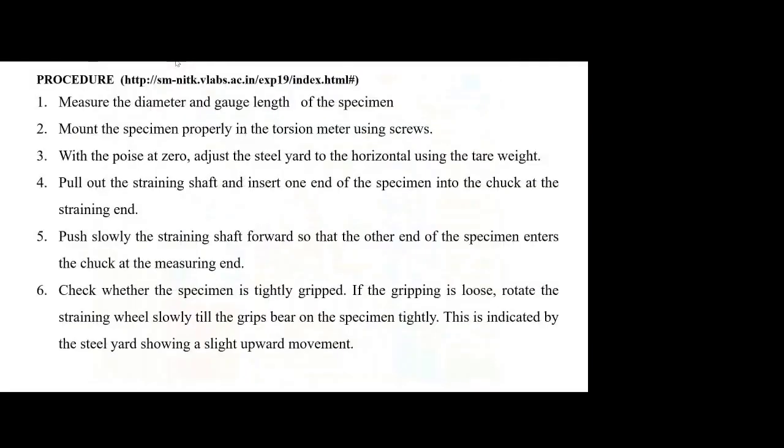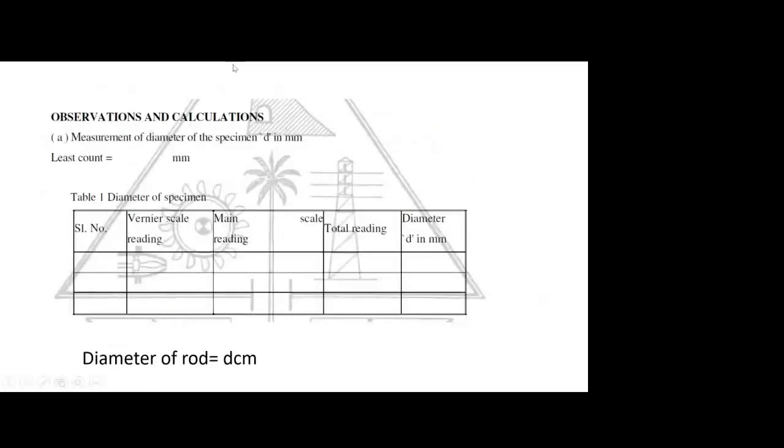So that is what is explained as the steps in the procedure. Then observations. In the observation, the first observation is finding the diameter of the specimen using the vernier calipers. We will take 3 readings and take the average of the diameter. Then this is the table in which we have to enter the torque. So here see angle of twist in degrees, 1/10 degree, 2/10 degree, 3/10 degree. All these are known values.